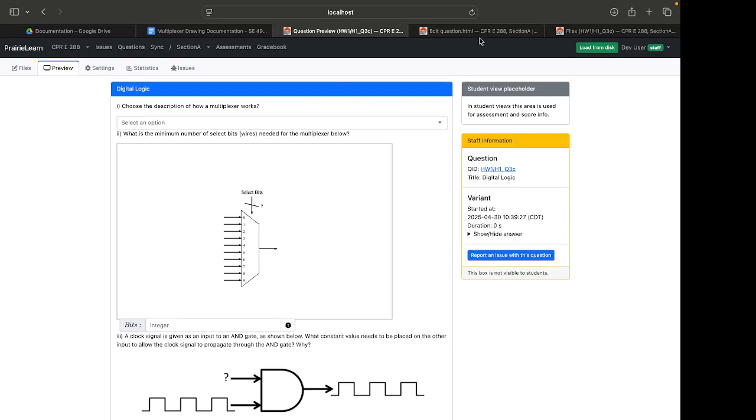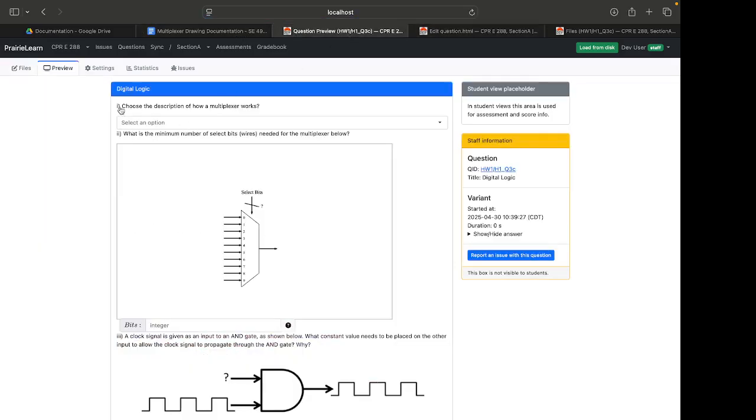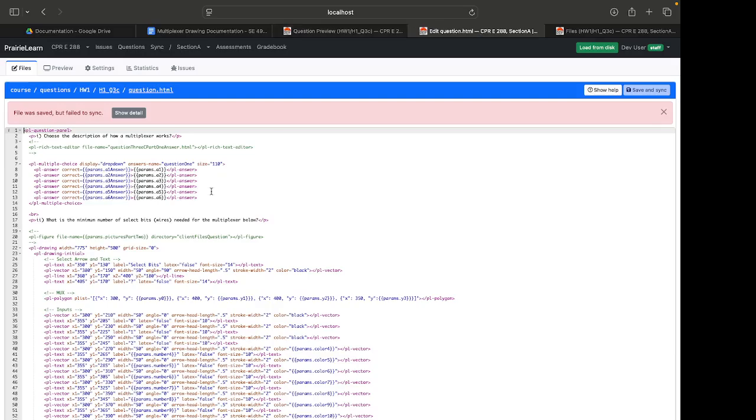So now you can see if we change it. If I were to change this to 300 instead of 350, this looks completely different, which makes sense because we are changing the X value. So that's the biggest thing with this stuff, is that a lot of the value pairs, the XY pairs, it's